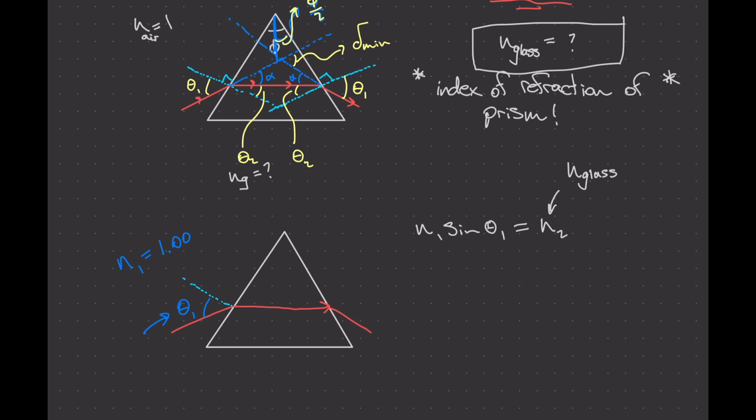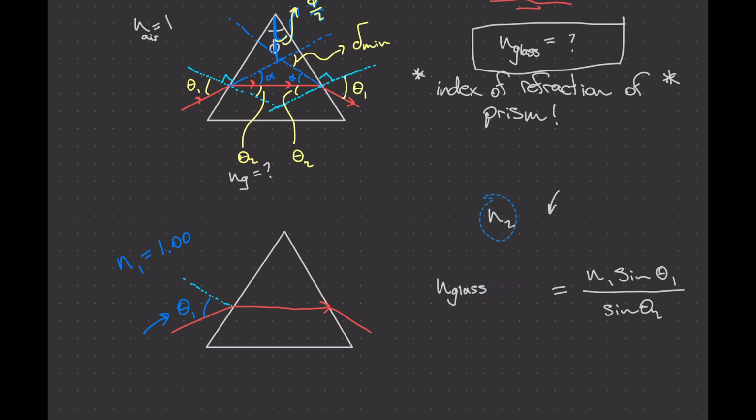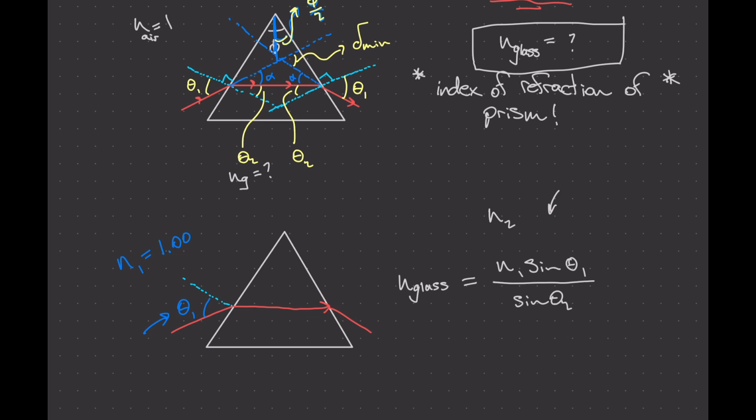N2 is actually the thing we're looking for. So in the equation we have sine theta 2, but I'm literally just going to take this and divide it out onto this side. Why am I doing this? Because now if I rearrange this onto this side and move this here, I obtain an expression for n glass. I'm literally going to replace this with n glass. And remember, this is the answer. So if I plug this back into there, I should get the right answer. You guys see how I just used Snell's law to find an answer for the index of refraction of the glass of the prism,